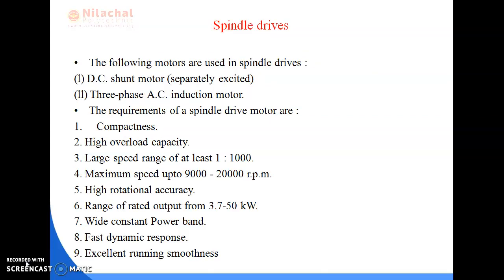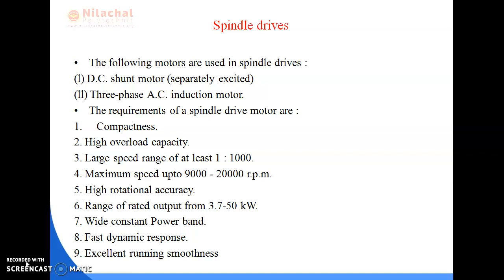Spindle drives. The following motors are used in spindle drives. DC shunt motor, that is separately excited. 3-phase AC induction motor. The requirements of a spindle drive motor are compactness, means that it should be of small size, high overload capacity, large speed range of at least 1:1000, maximum speed up to 9000 to 20,000 rpm is required,